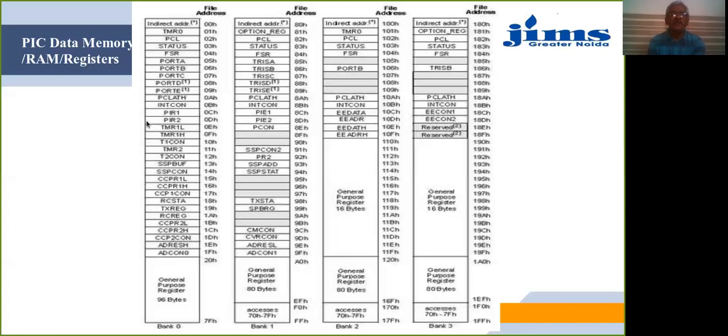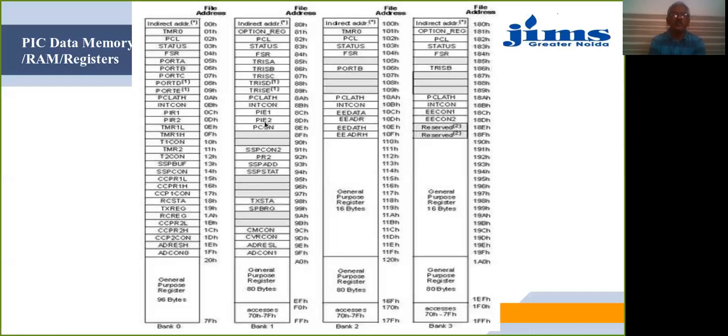Then for the registers for the peripheral interrupts, you have the interrupt enable here in bank 1, and the status is indicated here in bank 0. So you have some of the registers in bank 0 and some others in bank 1 of the registers.